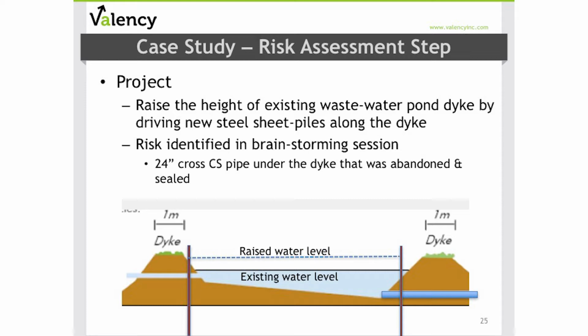The contractor was given the original as-built drawings and planned to drive the sheet piles along the dike. The contractor's project manager asked if there would be any culverts or pipes or anything else buried in there, but no one in the company seemed to be able to confirm. He figured it was time for his risk workshop and made sure that there was good representation from the owner's operations team at that assessment.